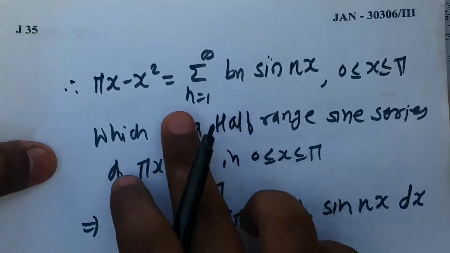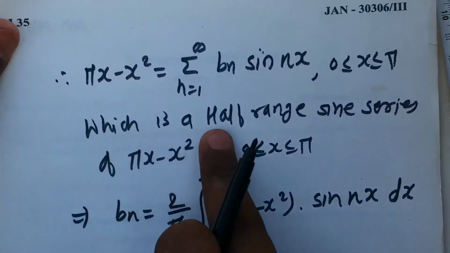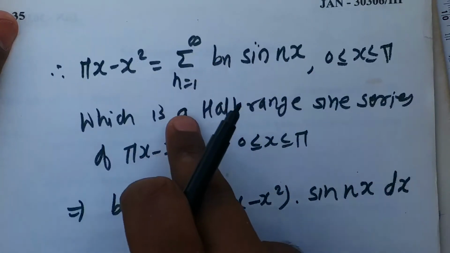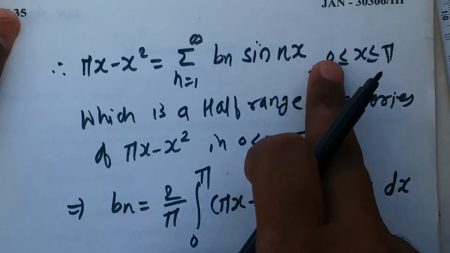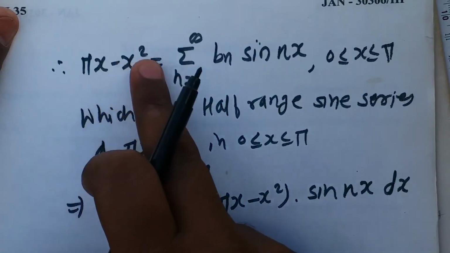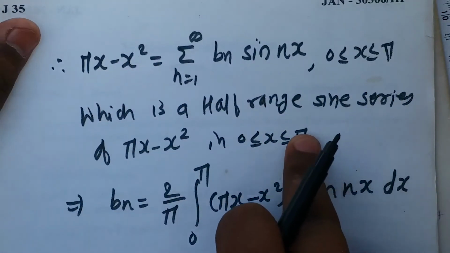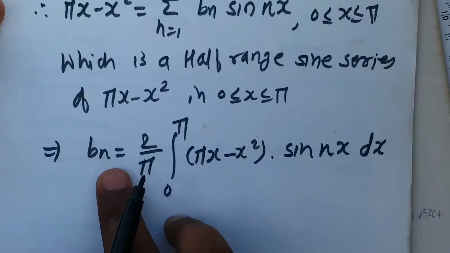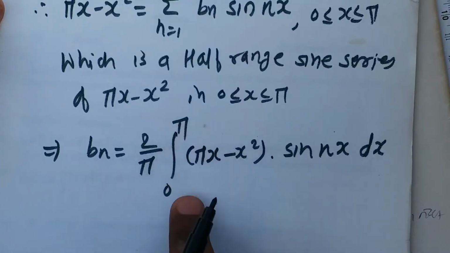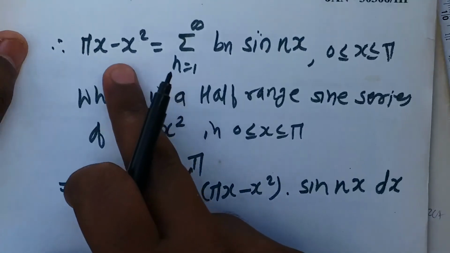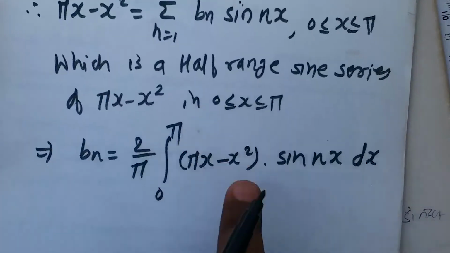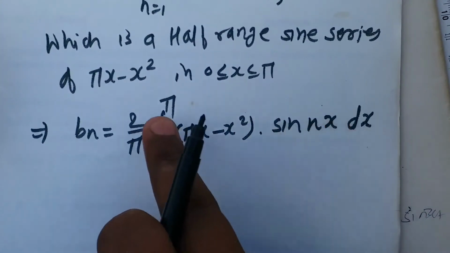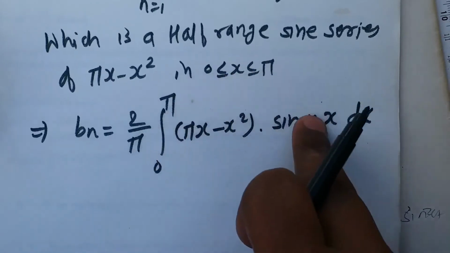So this type of series we will get, okay, and which is a half range sine series. It contains only terms of sine and the coefficient bn. So this is like a half range sine series of the function pi x minus x square for the interval 0 to pi. And as we have the interval 0 to pi, the formula of bn will be 2 by pi, integral 0 to pi, the function whose Fourier series is there, pi x minus x square, that is f of x, into sin nx. Here we have n pi x by L when the interval is 0 to L. Here we have 0 to pi, so only sin nx.